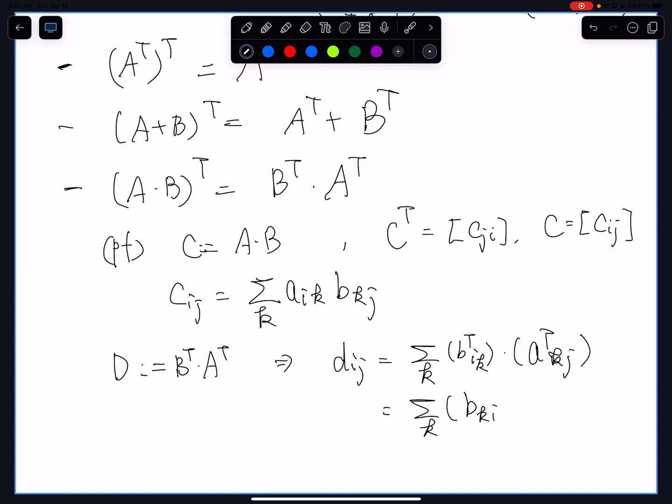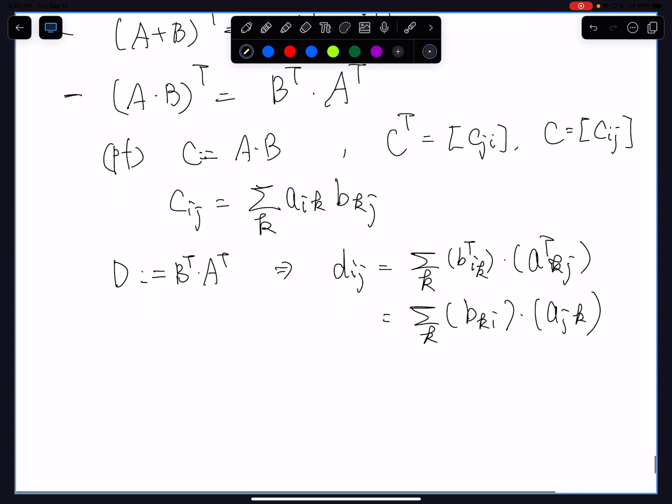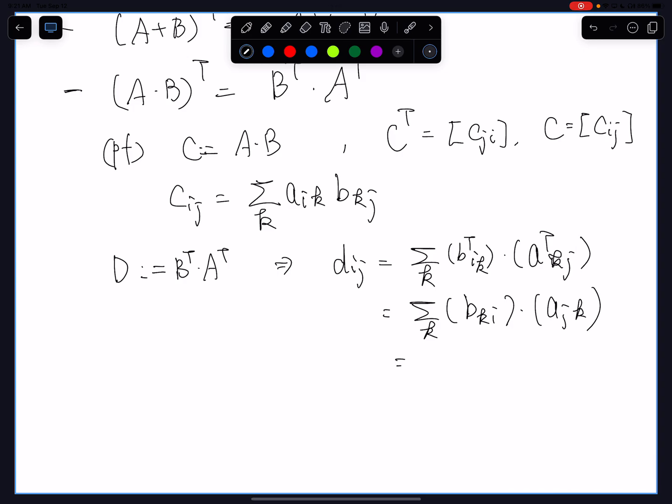Because that's the transpose of the original. And this is gonna be Ajk, right? So that means Ajk Bik, so that's gonna be, what? Given that this is defined this way, this is a C,